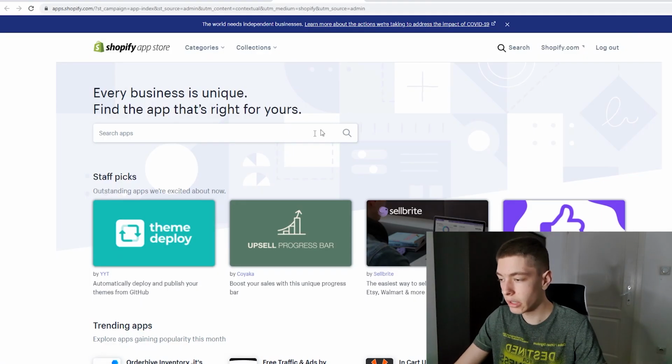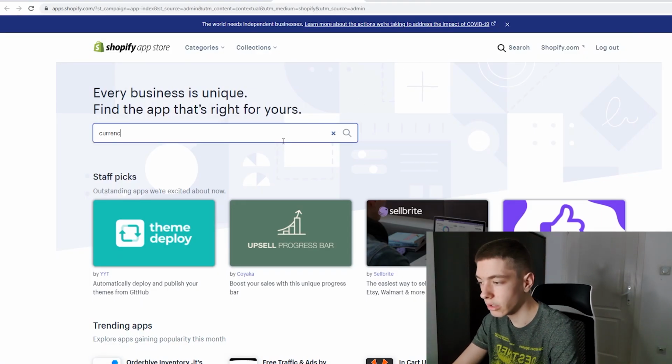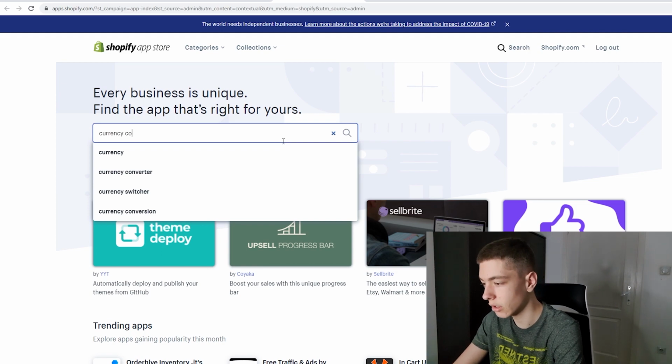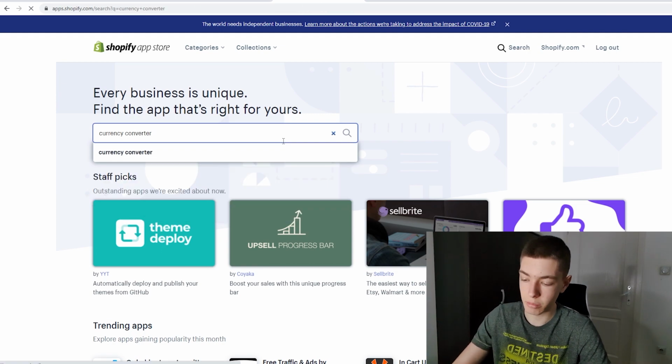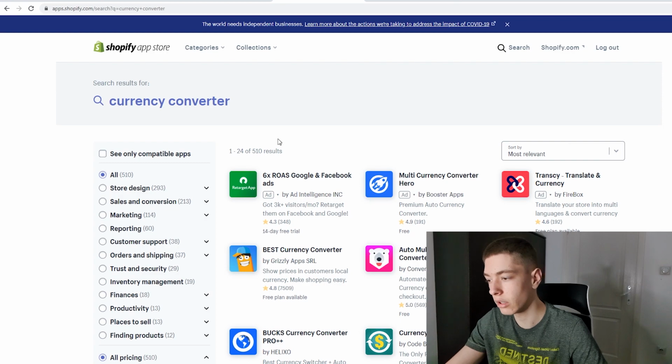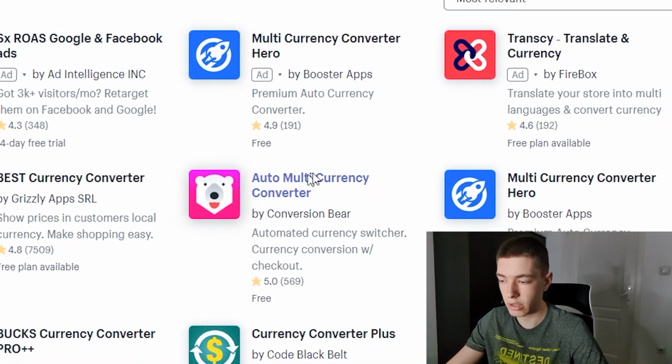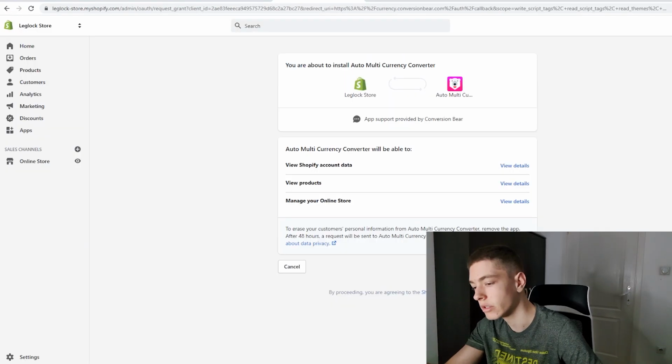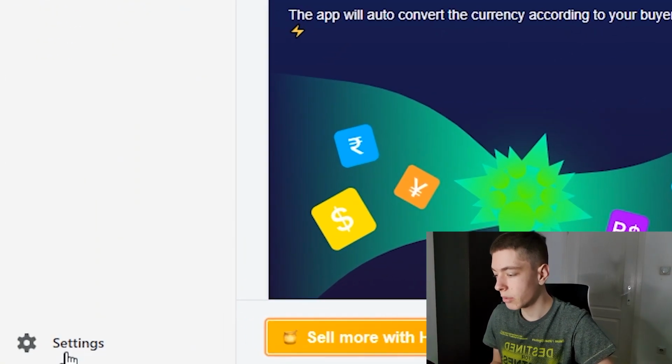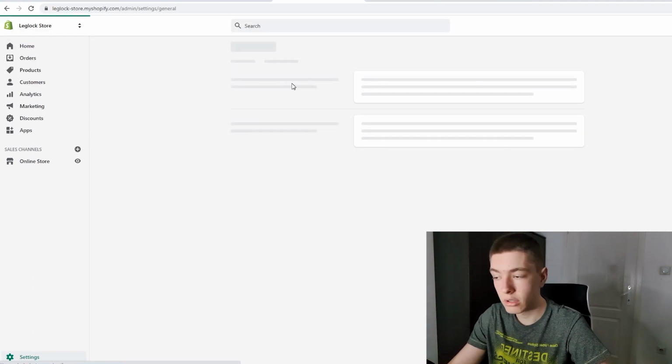The next app we're gonna need is a currency converter. That's only in case you're advertising globally, since for some reason people don't know their currency into dollars. I suggest you use auto multi-currency converter since it's free. So install app. Now in order to set up the app, we're gonna have to go to settings, general, and